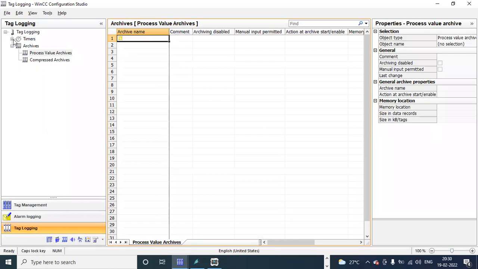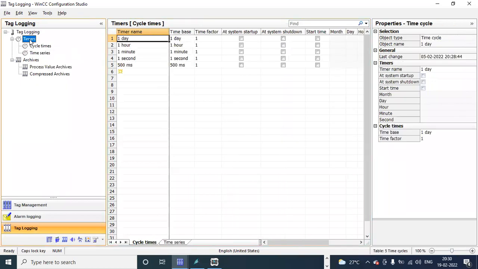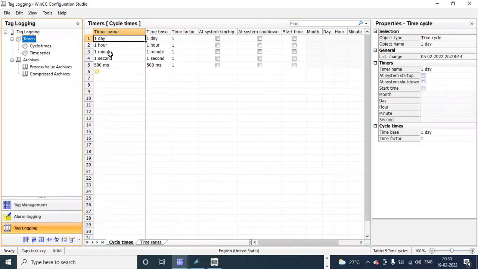In this we have timers. You can see default timers here: 1 day, 1 hour, 1 minute, 1 second, 500 milliseconds. Or if you want to create your own timer, you can double click here. Like I want a 2 seconds timer, so I'm giving the timer name as 2 seconds.